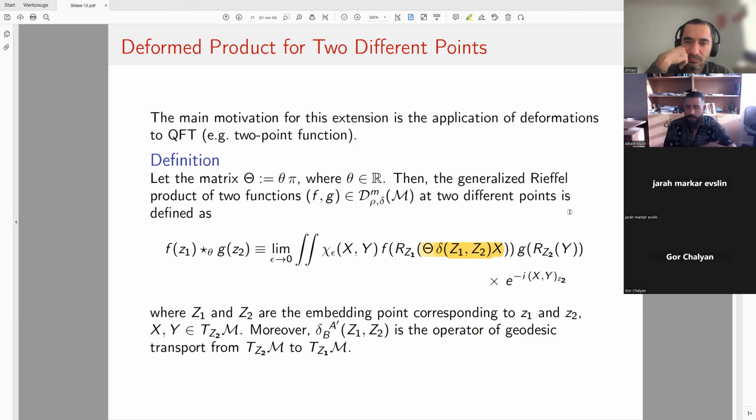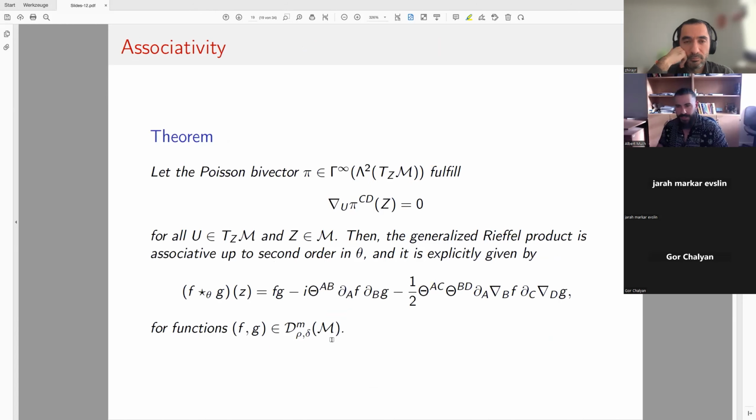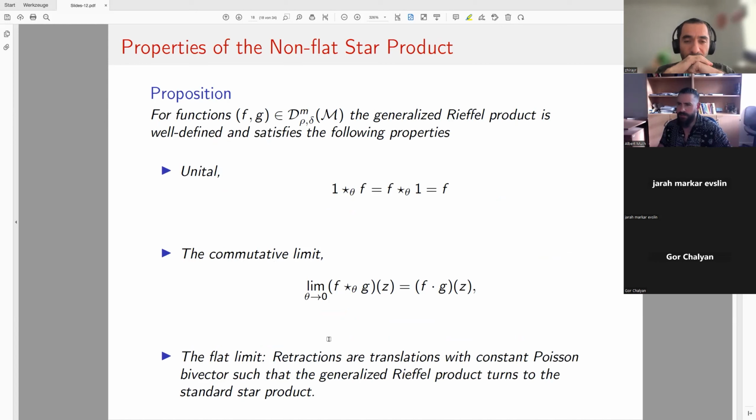For 1 or 2 weeks I was worried because there are many definitions. Why this one, right? What makes this one so special? But it turns out that they're all equivalent. One can prove this actually pretty easily, just by using the properties of this operator of geodesic transport. And I like the idea somehow because in quantum field theory, everything is actually distributions. But with proper test functions, this is not a problem.